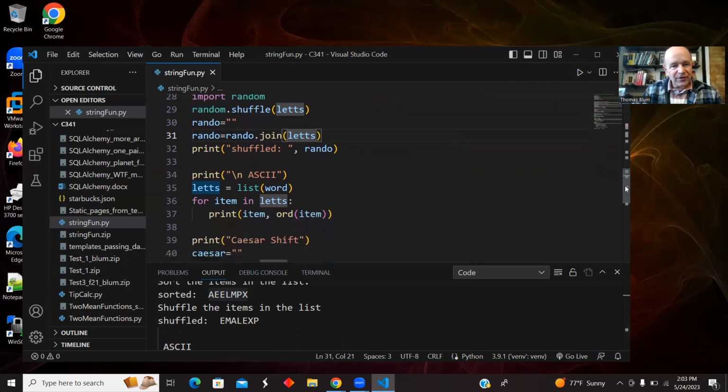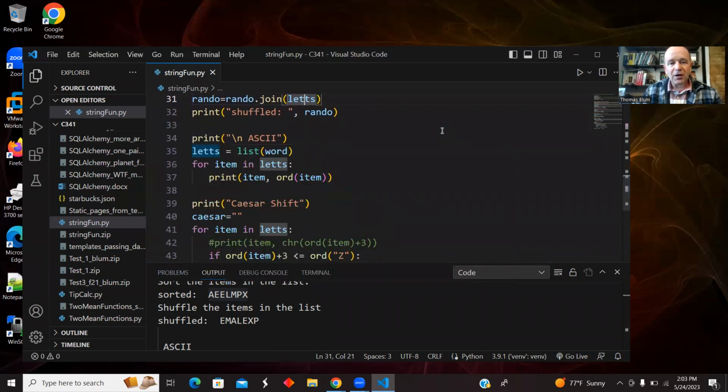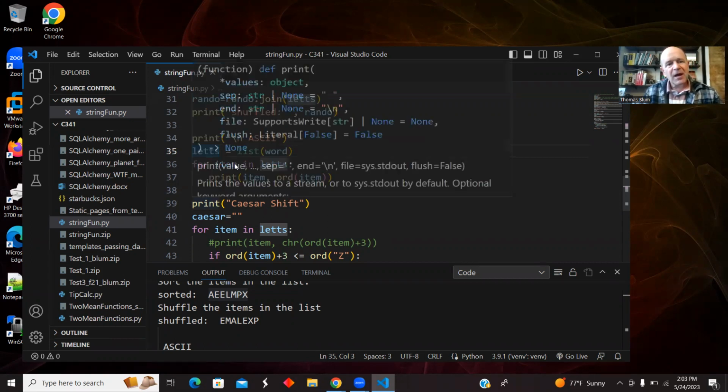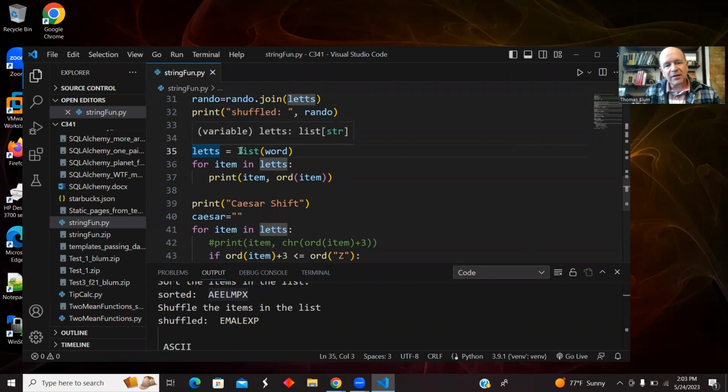What other fun did I want to have with strings? I had played around and shuffled a word, whatever. So now I went back and reset the letters to be the list of words. So it's now back to the original order in example. I have the list of letters, and I am looping over the items in the list. And I'm just printing out the letter, and then I'm using this method,